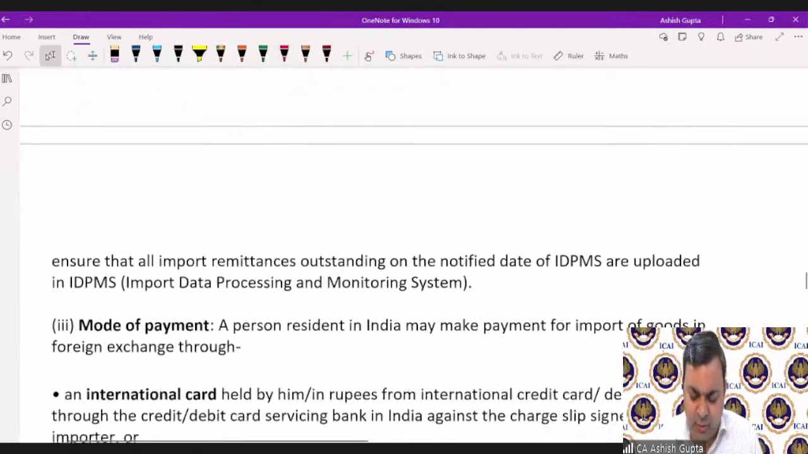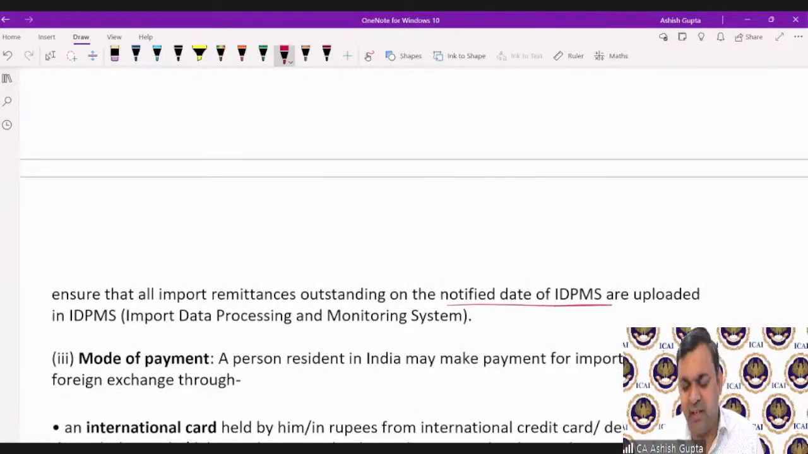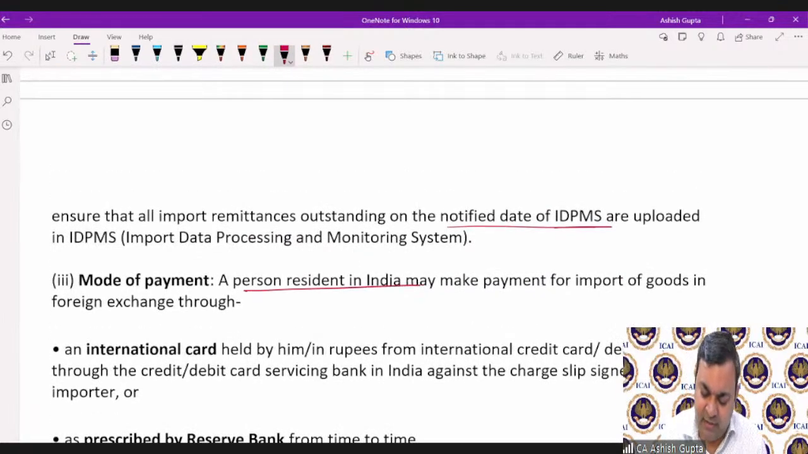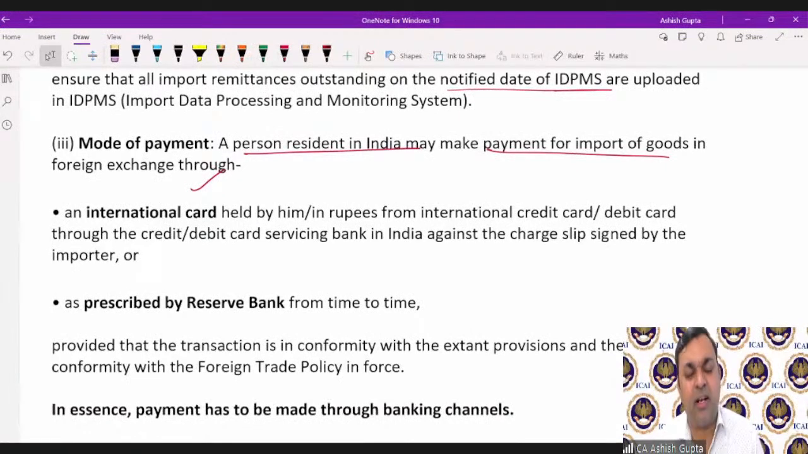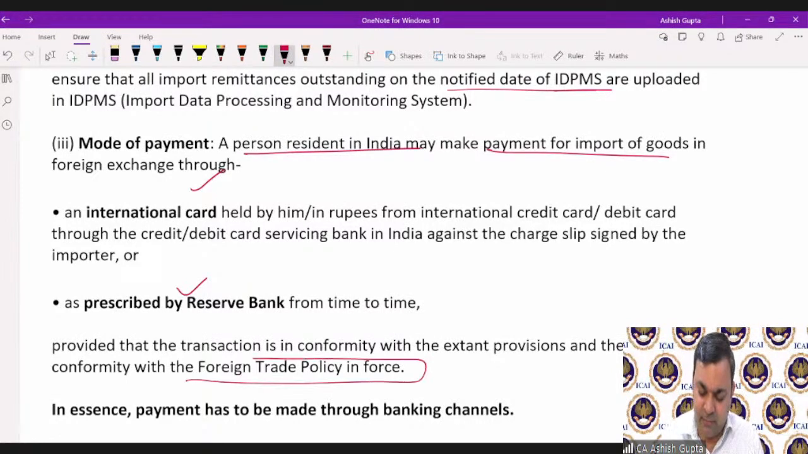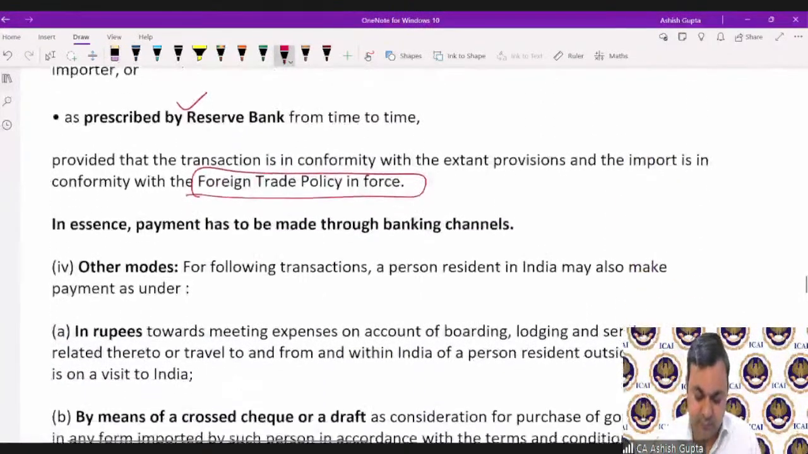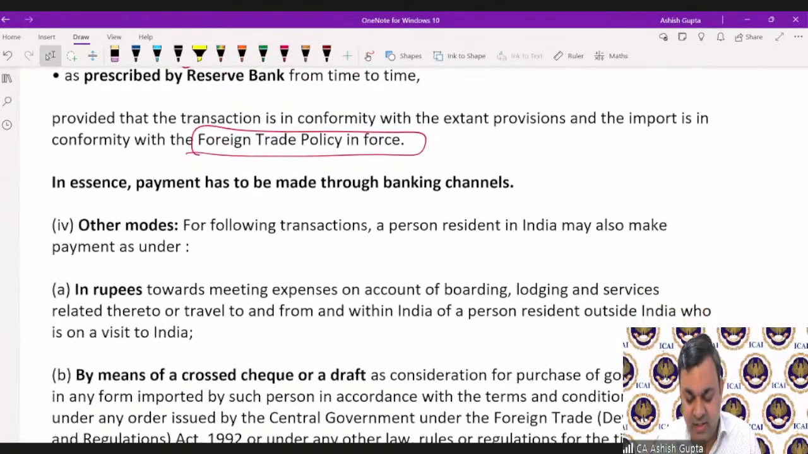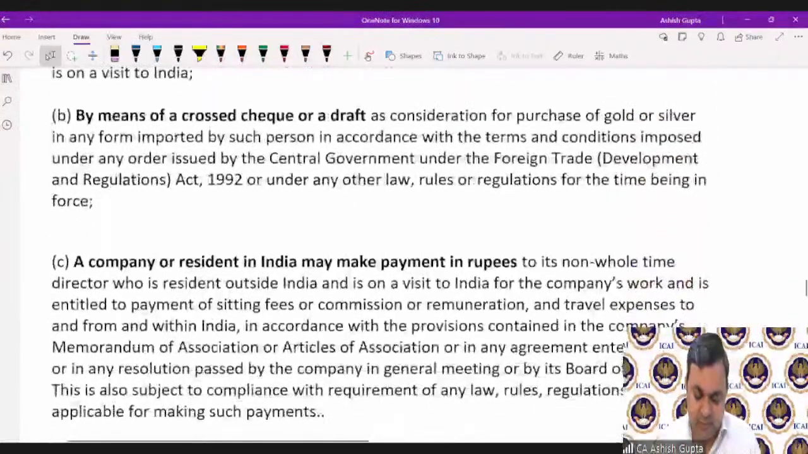AD should ensure that all the import remittance outstanding on the notified date needs to be uploaded. Mode of payment: a person resident in India, Indian importer, makes payment via international card or credit card, debit card, or facility provided by the respective banks or as prescribed by the Reserve Bank of India from time to time. Whatever payment you are doing, whatever thing you are importing, that should be in conformity with the FTP policy. In essence, payment has to be made through banking channel. Other modes,